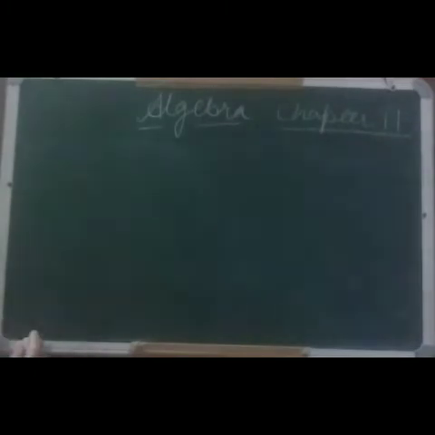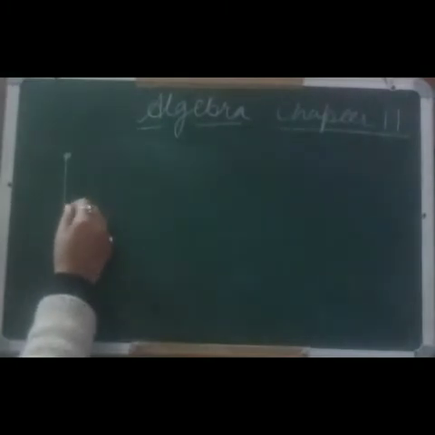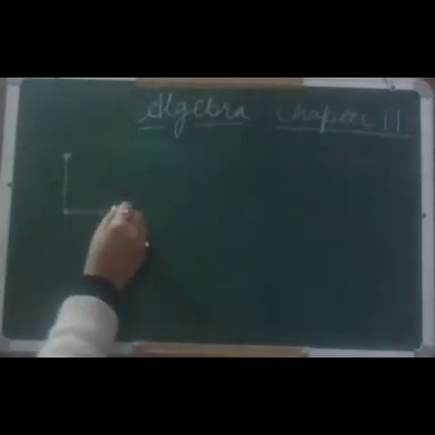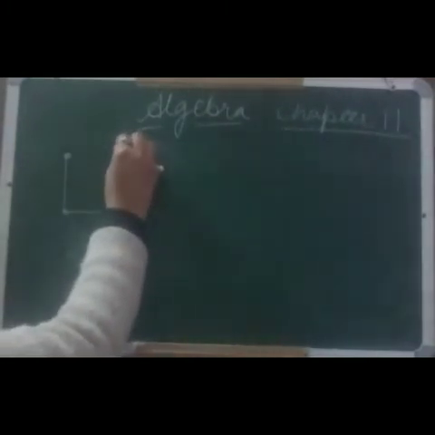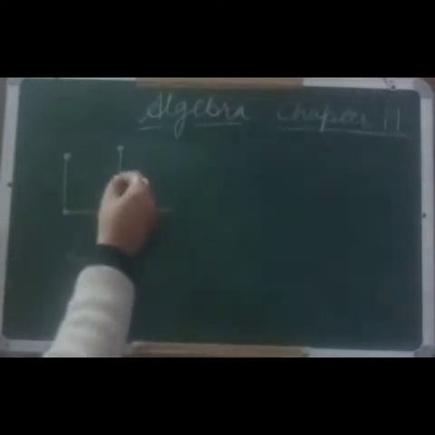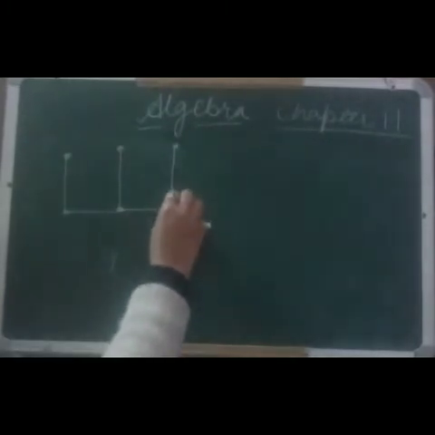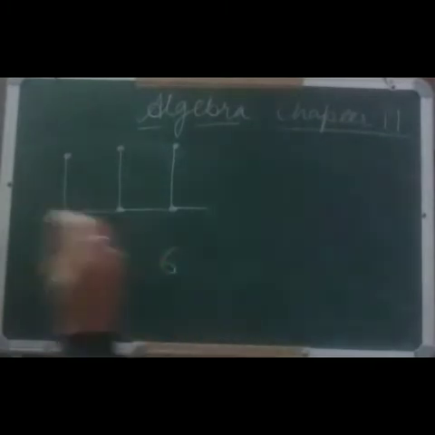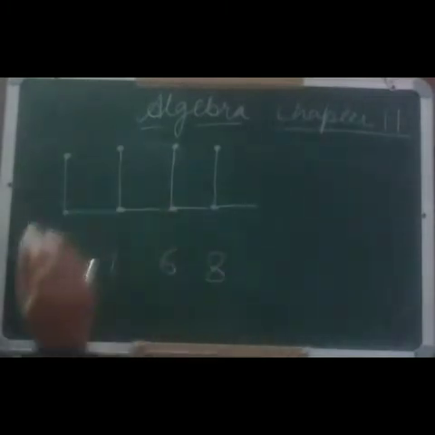Suppose we have matchsticks. If we make a letter L, the letter L can be made like this with matchsticks. So how many matchsticks are we using? 2 matchsticks. Similarly, if we add one more L, then 1, 2, 3, 4 matchsticks we are using. For the next L, there will be 6 matchsticks. Another L, it will be 8 matchsticks.